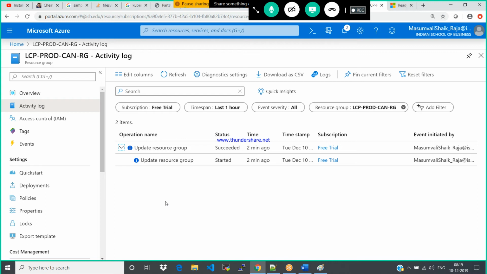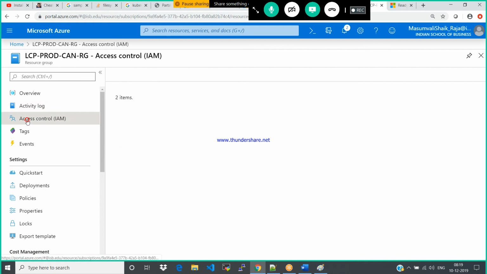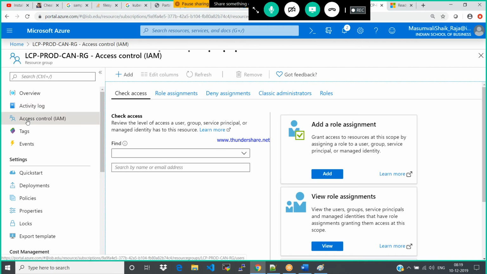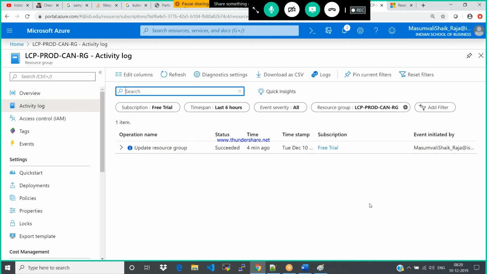If you want to store this for a long time, you can store all these activity logs in a particular storage for reporting purposes. Okay, so access control. What do you mean by access control? Prashant, is there any way to take a backup of the logs from the last 90 days? Yes, that can be done. So we need to download, or what?